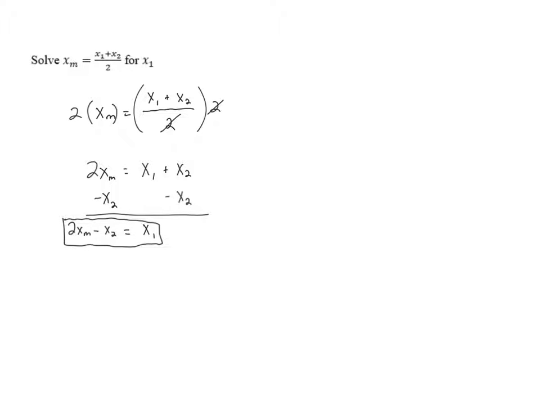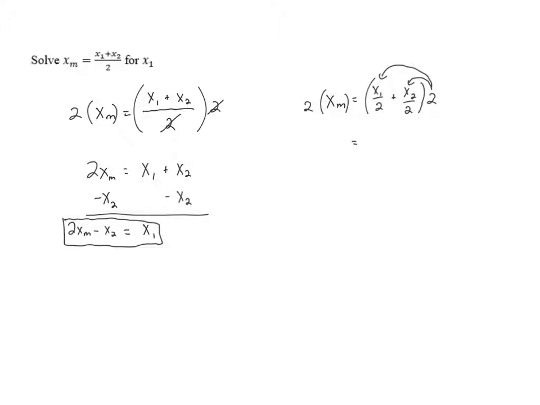Now, sometimes students struggle with dealing with fractions that have more than one term in the numerator, and so there is a way that we can sometimes make it a little bit simpler, and we can take that and split it up into 2 fractions. So we could take the x sub 1 plus x sub 2 over 2, and we could write it as x sub 1 over 2 plus x sub 2 over 2. It's another way of dealing with this. We still need to multiply both sides by 2,